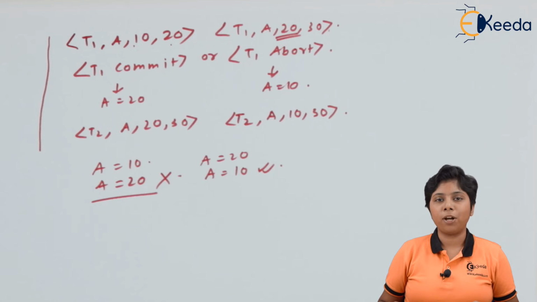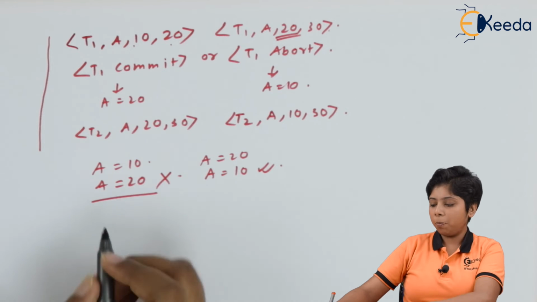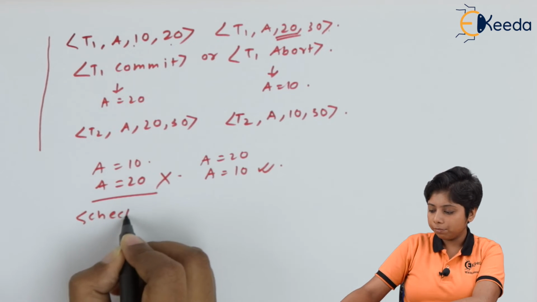Now what is a checkpoint? After some operations or transactions have been performed inside a log, we can add a checkpoint to the log to indicate that till now all the transactions have been completed either successfully or unsuccessfully. That means they have been modified to the new value or they retain their old value. We do not need to perform the recovery algorithm before the checkpoint. So the checkpoint introduction in a log